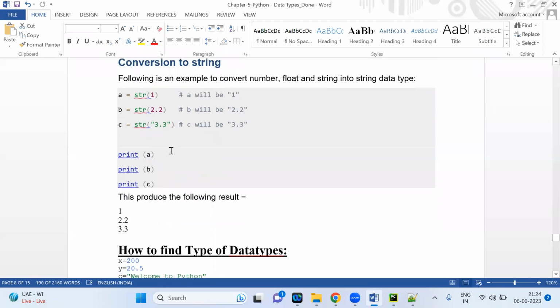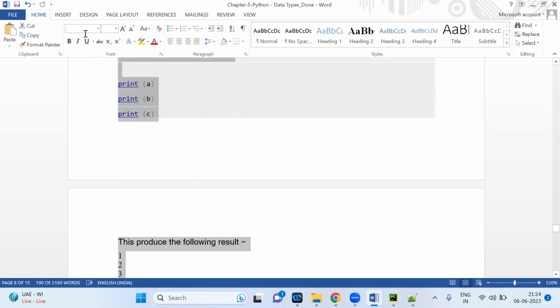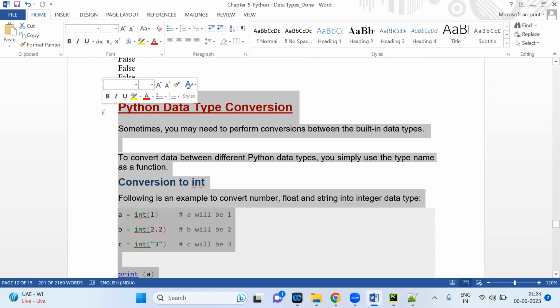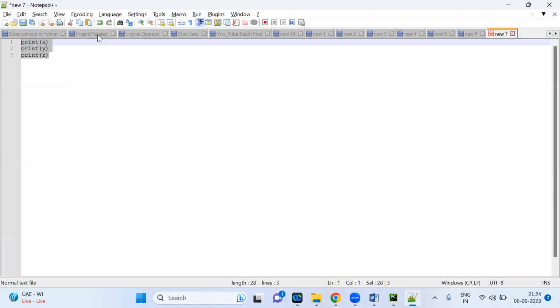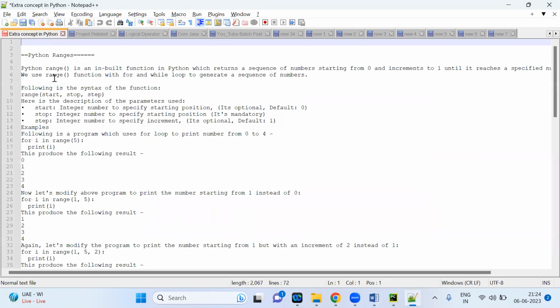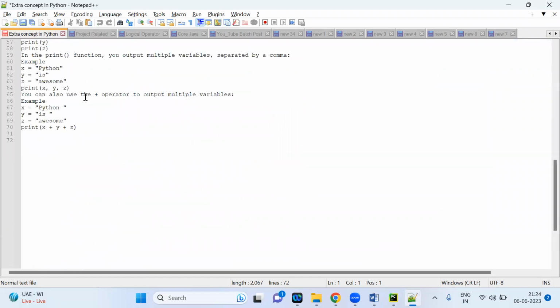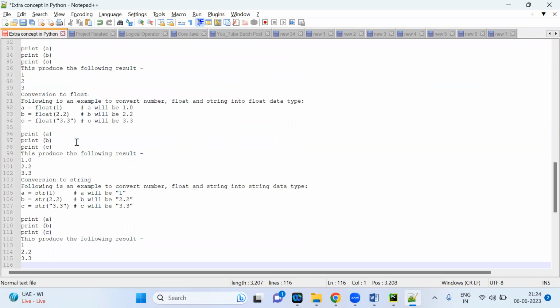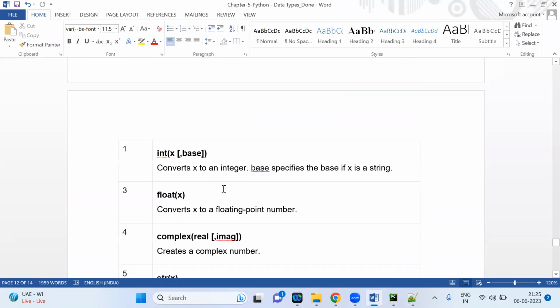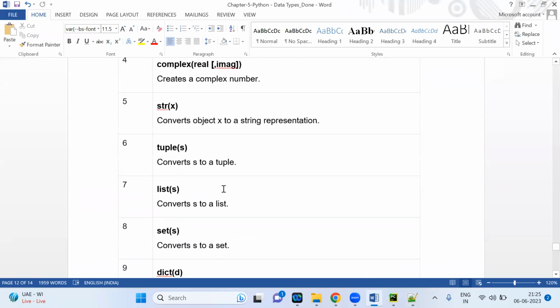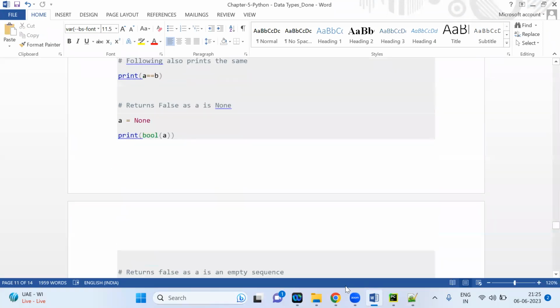All these things we have already seen. So it will be over in 10 minutes tomorrow. Then we'll move to